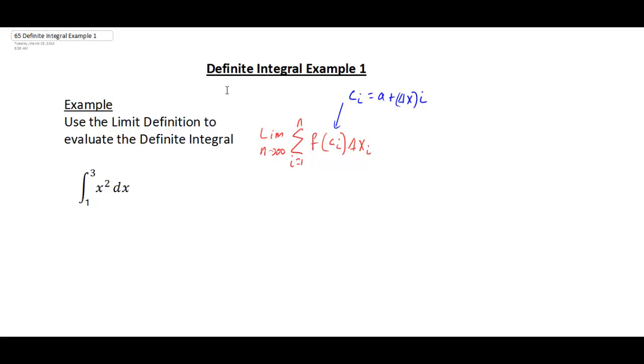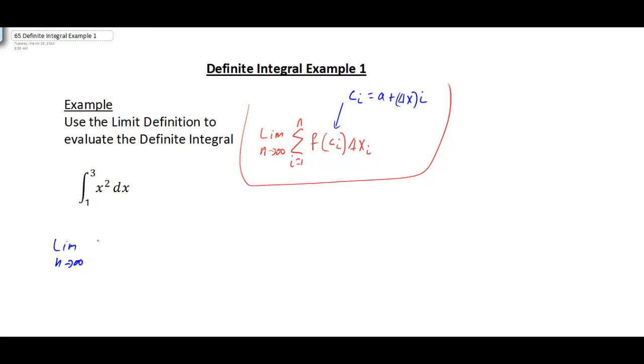This video is going to look at another example looking at your definite integral, and we want to use once again the limit definition to evaluate the definite integral from 1 to 3 of x squared dx. And here I have provided our formula for the limit definition. So we're going to take the limit once again as n approaches infinity,